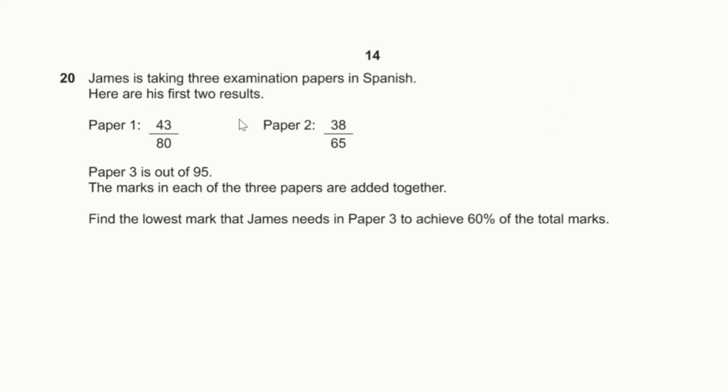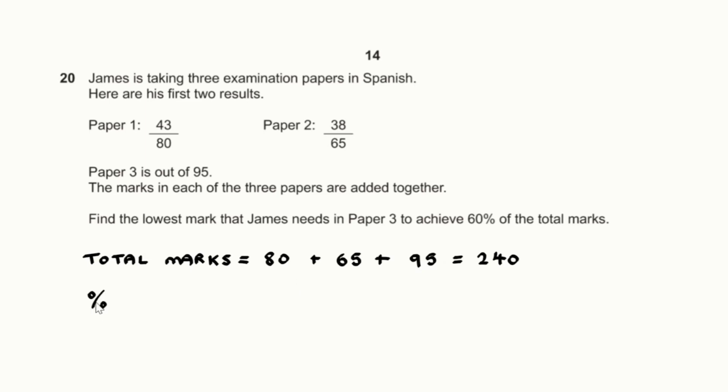Question number 20. James is taking 3 examination papers in Spanish. We've got paper 1, he got 43 out of 80, and in paper 2 he got 38 out of 65. Paper 3 is out of 95. The marks in each of the 3 papers are added together. We have to find the lowest mark that James needs in paper 3 to achieve 60% of the total marks. The total number of marks, we've got 80 plus 65 plus 95. So the total number of marks is that of 240,